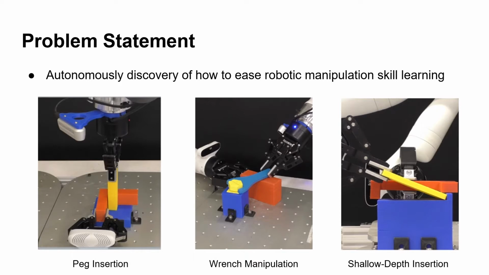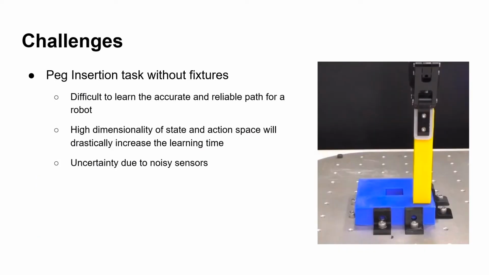match their limited abilities. Take the peg insertion task, for example. It will be difficult to find an accurate and reliable path to guide the robot to accomplish the task precisely. This is due to the high dimensionality of the state and action space. It will make the robot explore a lot of wrong or undesirable motions, and hence the learning time will